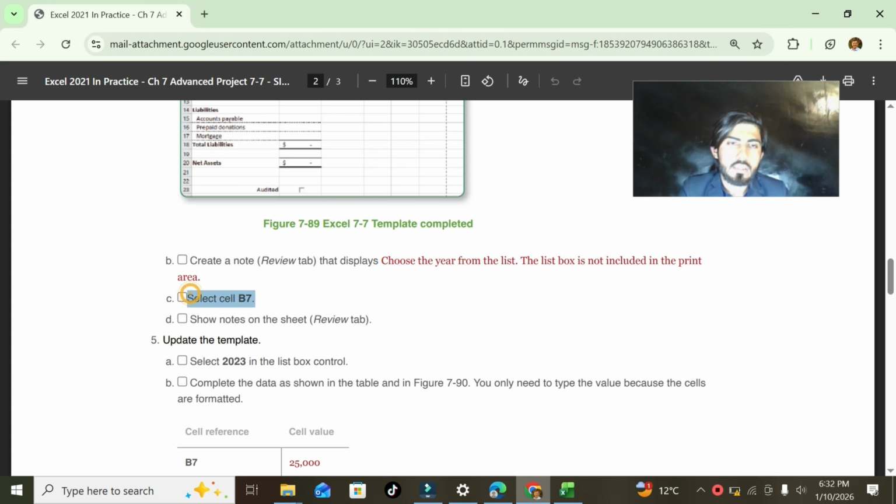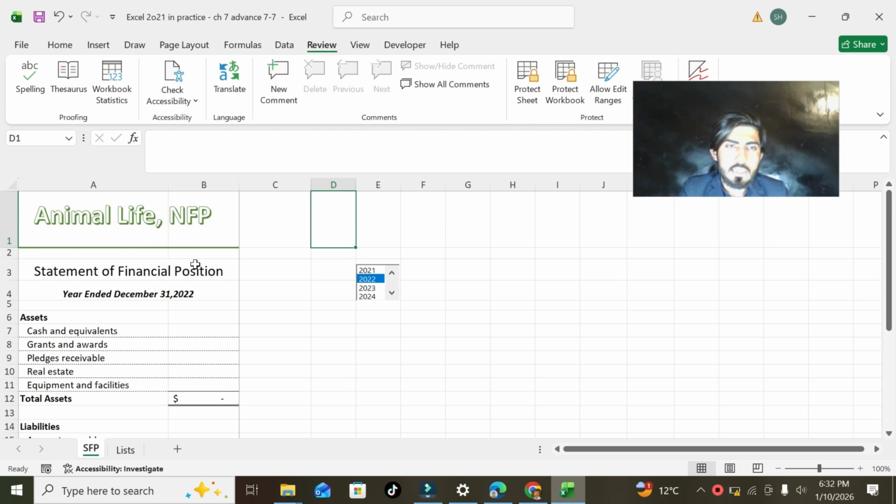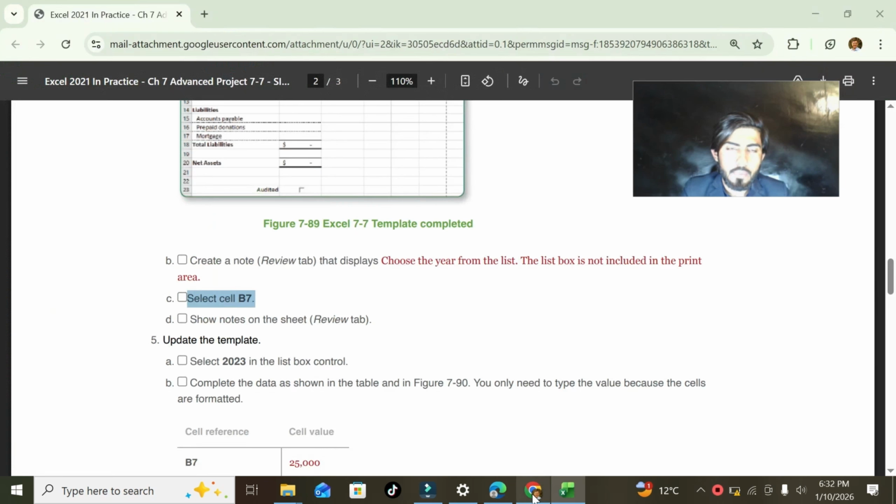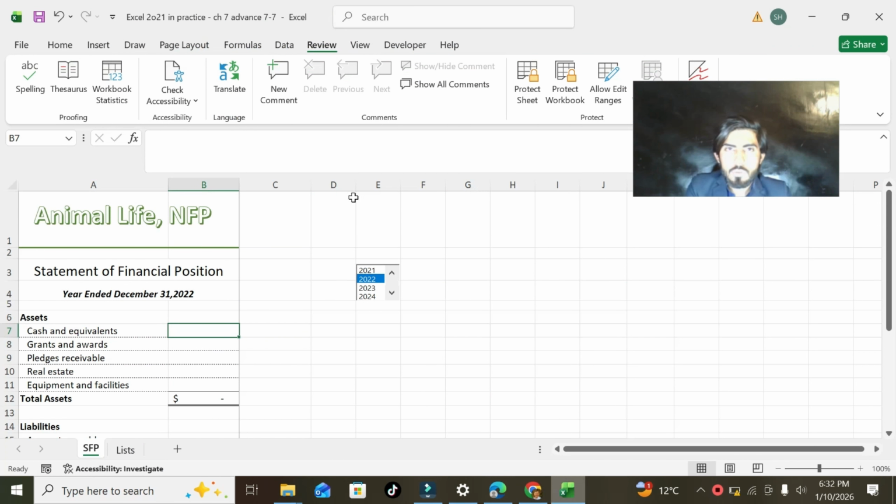Next part is part C. Select B7. This is B7. Okay, after it show notes on the sheet, that is in the review tab. So what you need to do, you need to go to the review tab, and after it go to the number group and click on the number button and choose the new sheet, and your sheet will be automatically